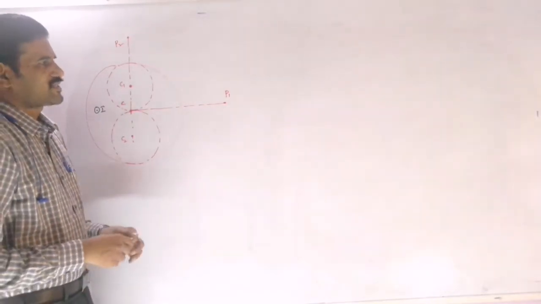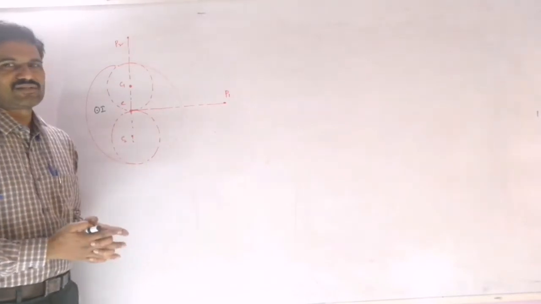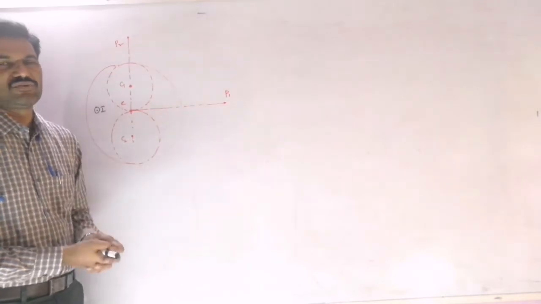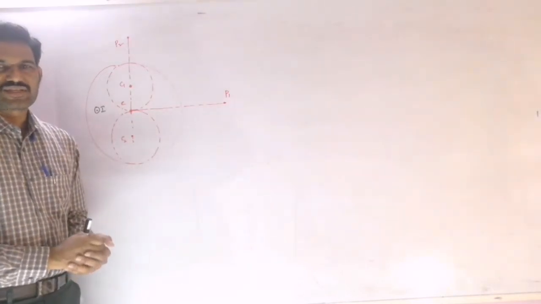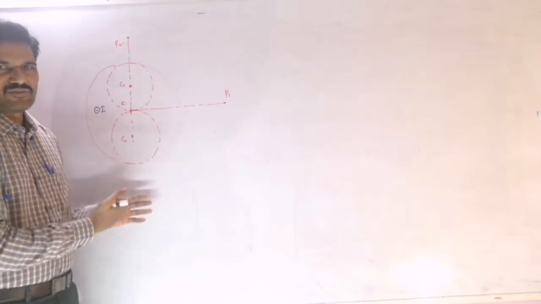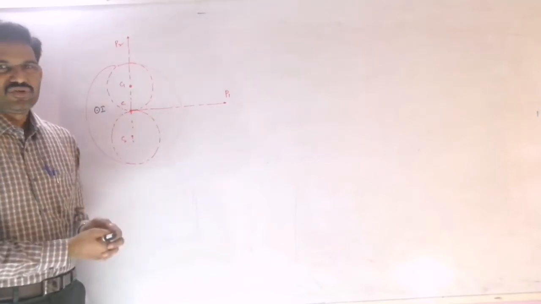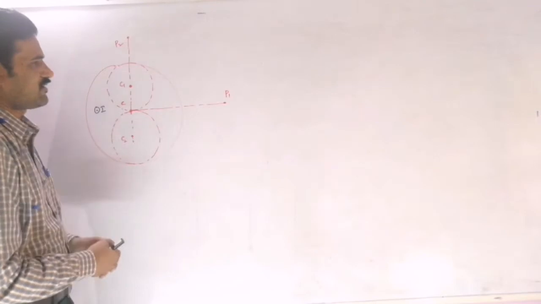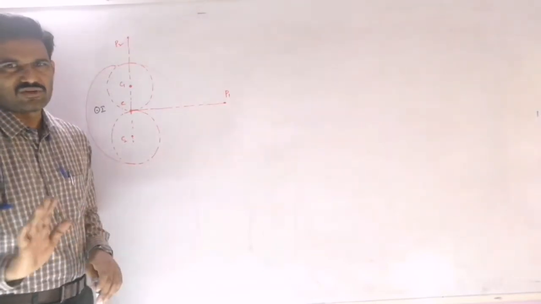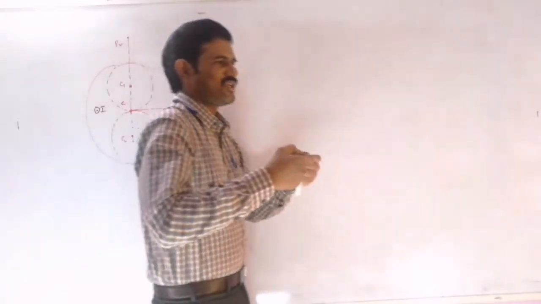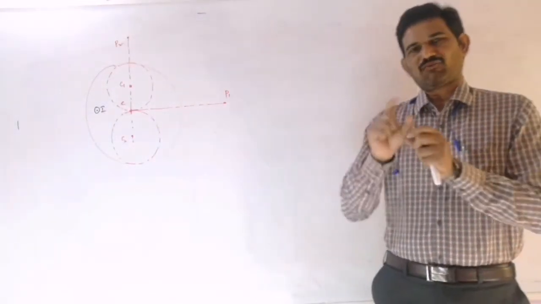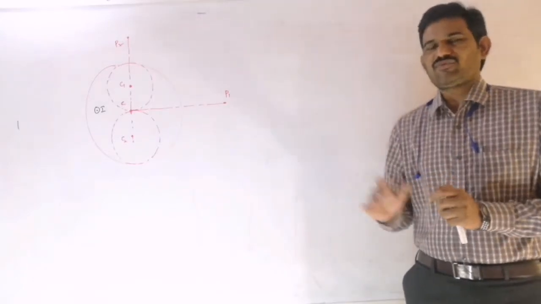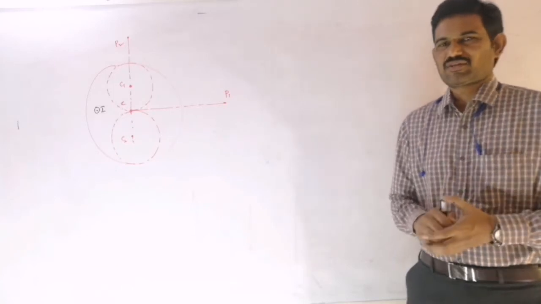Now for an external point, as we discussed in the previous classes, by the method we were using, the magnetic field due to the solid cylinder plus the magnetic field due to the cavity. Now I am saying that by our first year method, like force due to sphere minus force due to the removed part, I will try to explain that method for this problem. You can follow either method, there is no problem. As I said, in one method we initially write the plus sign and put the vectors with bars, and in the second method we initially take the negative sign and take the magnitudes. That is the only difference, right?